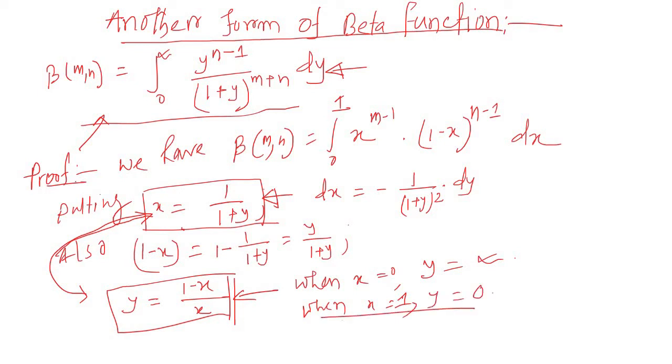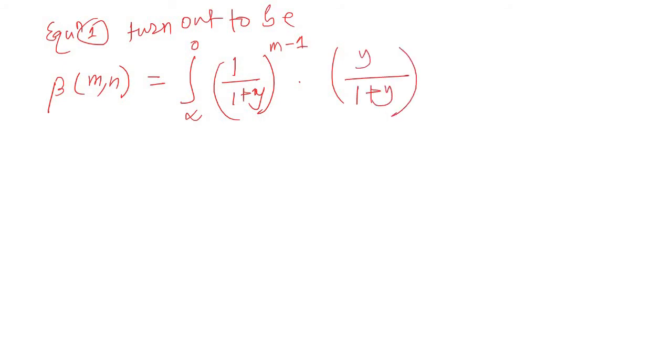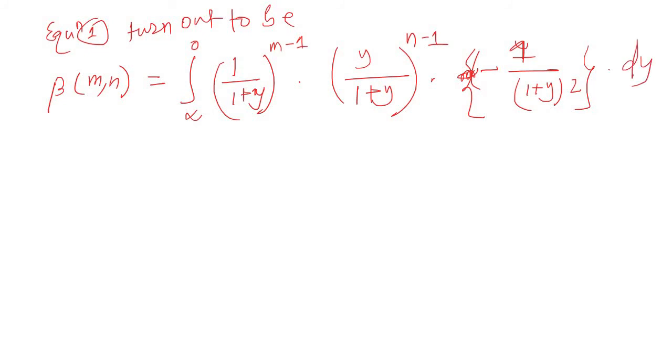Putting those values in equation number 1, equation 1 turns out to be beta(m, n) equals the integral from infinity to 0 of 1 over (1 plus y) to the power m minus 1 into y over (1 plus y) to the power n minus 1 into minus 1 over (1 plus y) whole square dy, equals